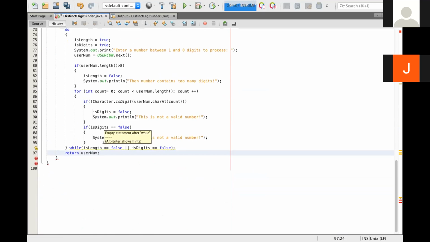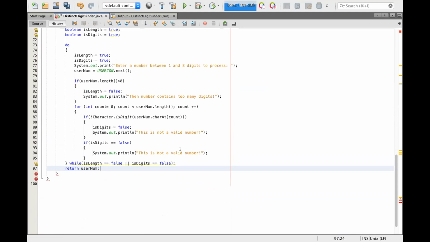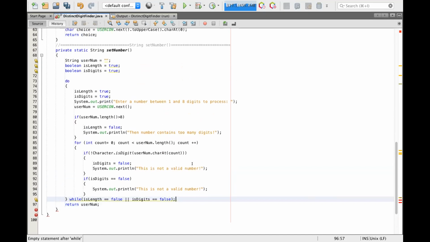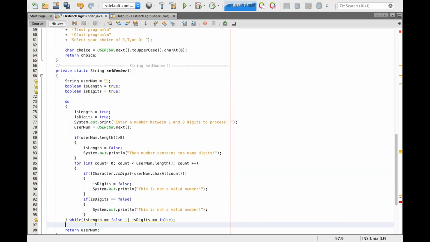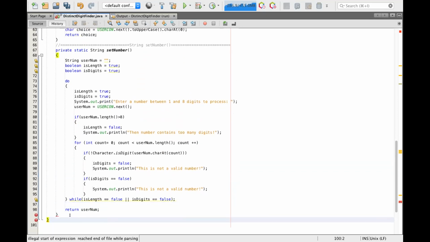Okay, and then what else we got? We got something here. Return user number. Length, click on that error underneath return. No, let's see, while expected. Okay, that while should go with that one there. And then you got to return. That should be your click on under private static. Yeah. So you got an extra brace there. Get rid of,